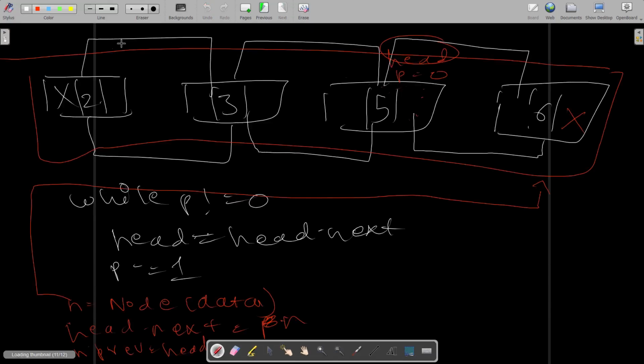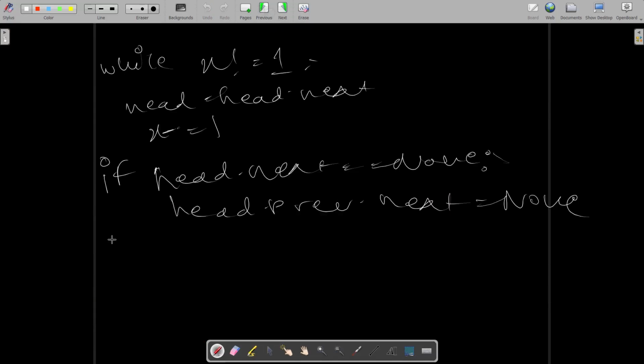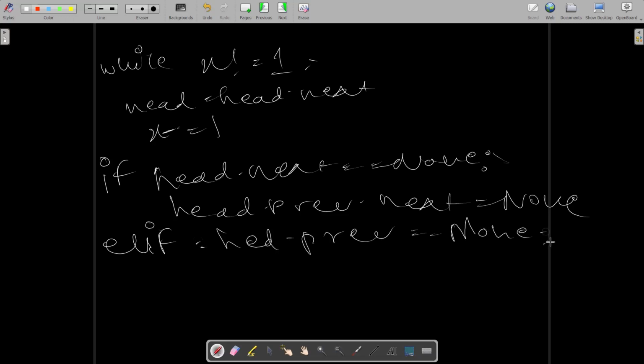So this is going to be the complete code for it. Let me write it over here itself. If head.next is equal to None, we can write this. Else if, elif head.prev is equal to None, what we can do is just write head.next.prev equal to None. Okay. Now for the very last case,